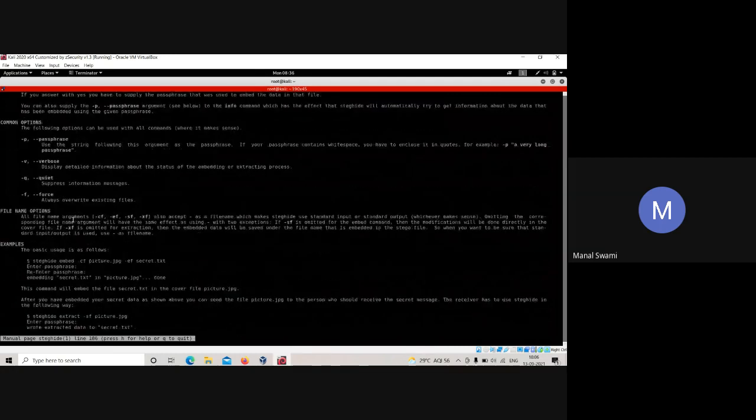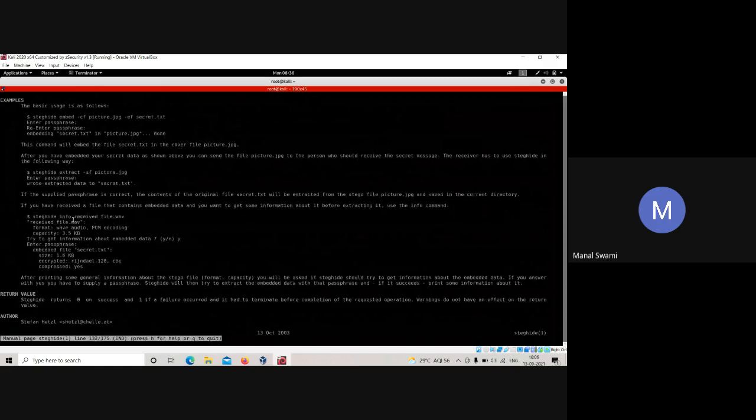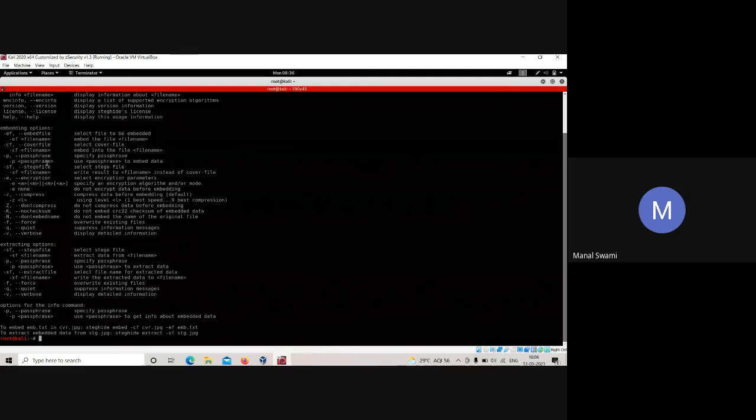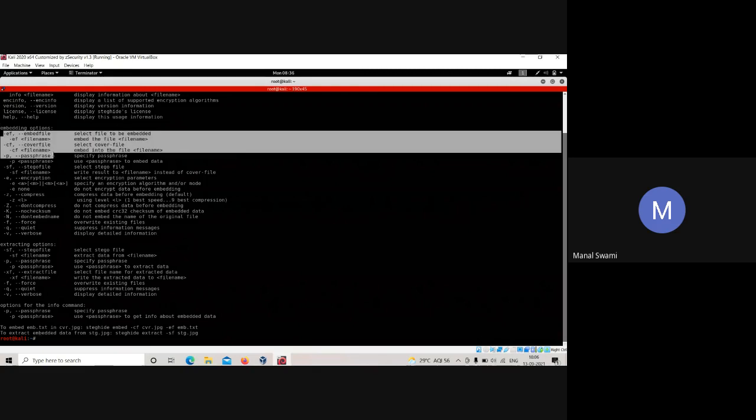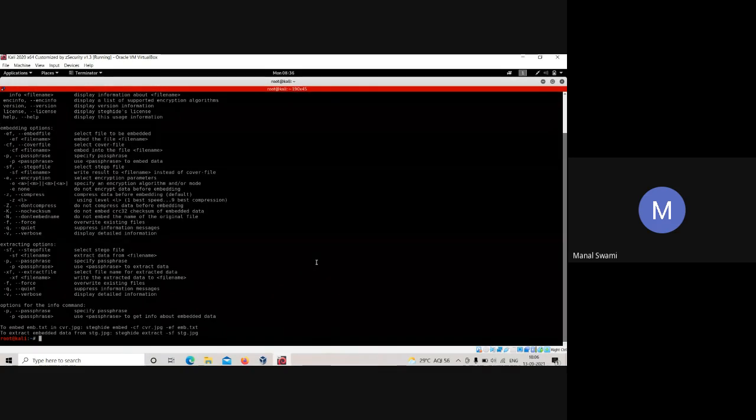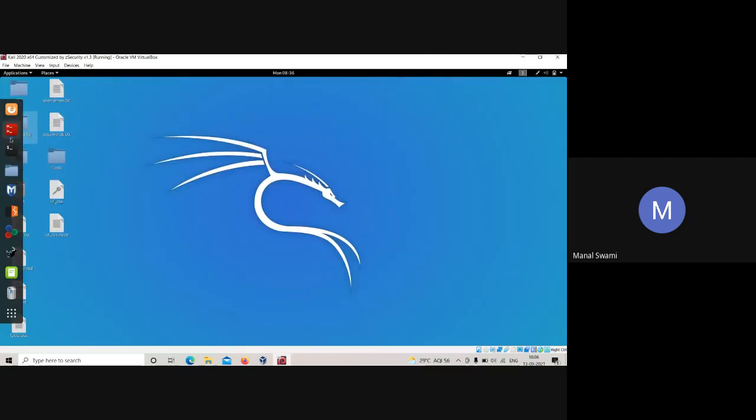So these are some of the commands. Other than that you can run steghide with hyphen hyphen help. The same thing is over here. This is for embedding data and this is for extracting data. Clear?